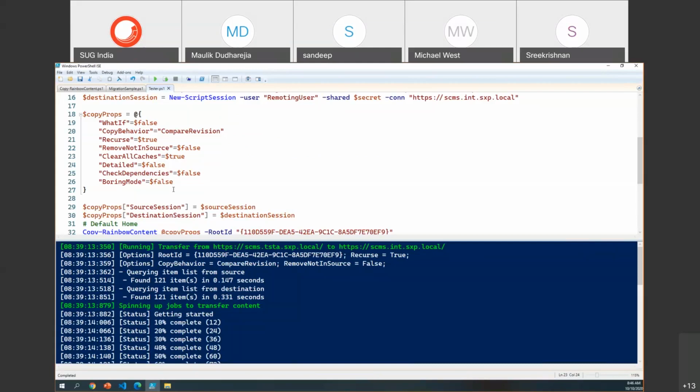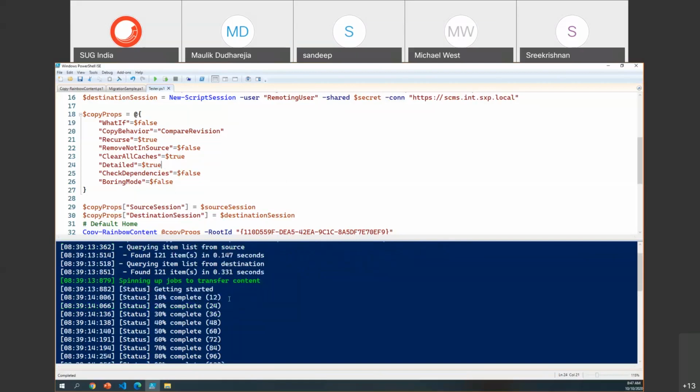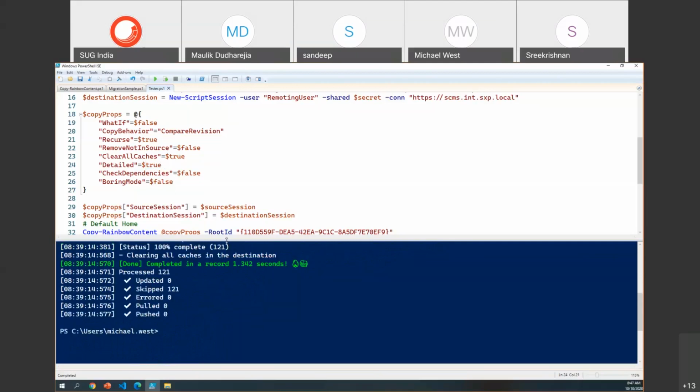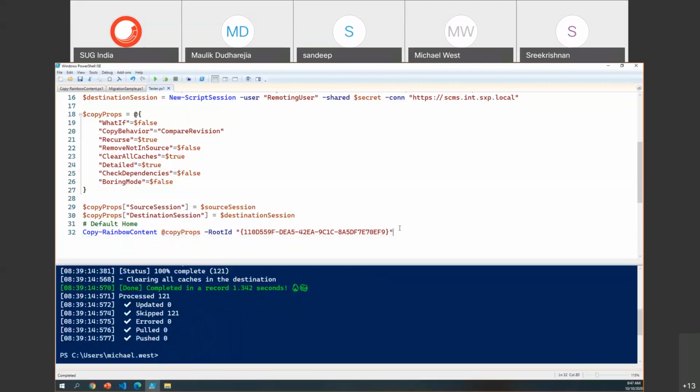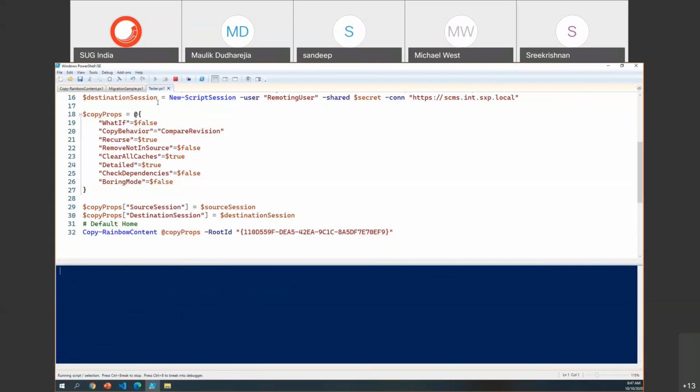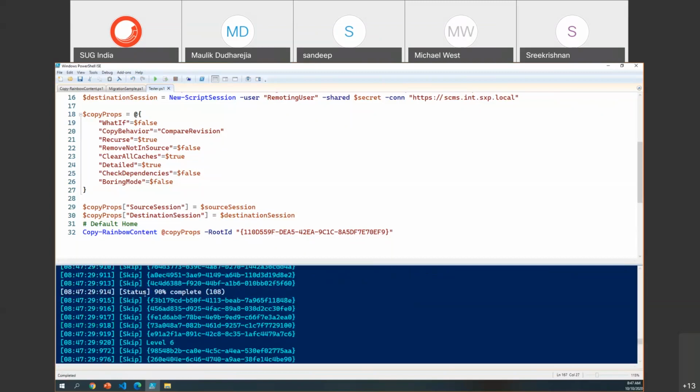That is a good idea. I mean, right now, the only report that you would get is if you did the detailed option. So I guess the suggestion is being able to extract what runs and then be able to get that. One thing I was going to explore, and I can't remember the syntax, but there's some sort of syntax, something weird like this, that Sitecore uses during the SIF installs. You basically redirect the output into a text file. So what you would probably do is run it in detailed mode in this case, and you would see what items are being skipped and what's not. So in this case, if I did overwrite,